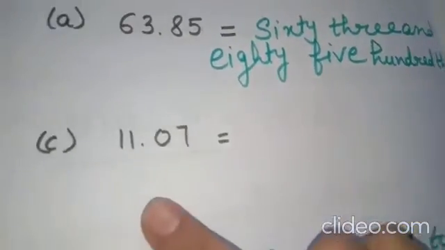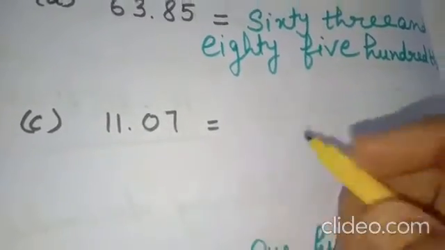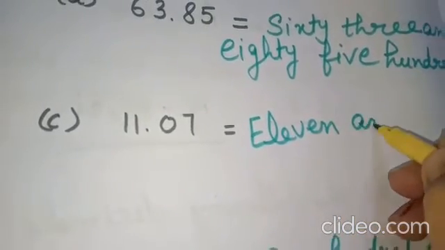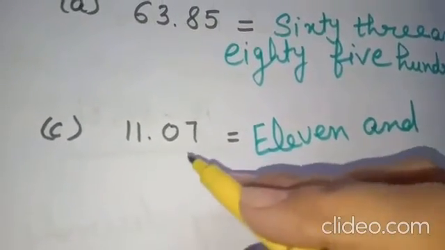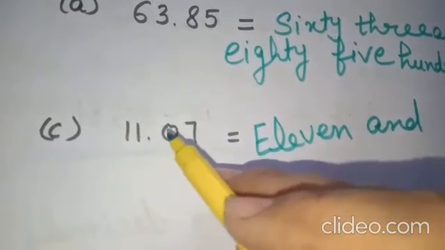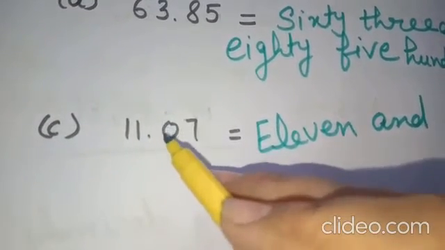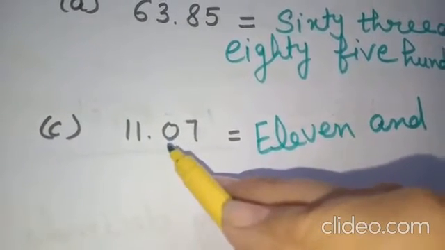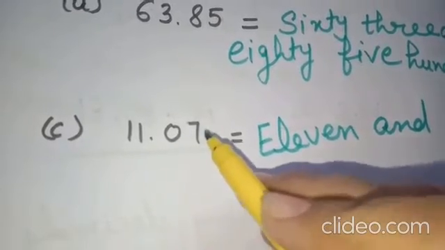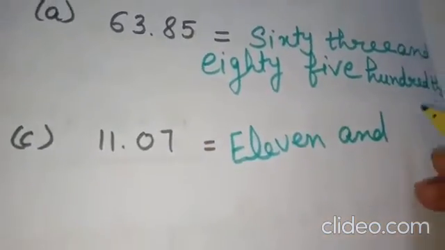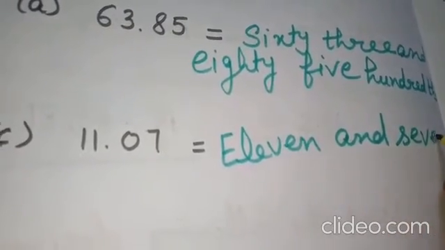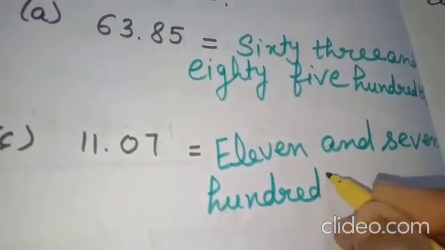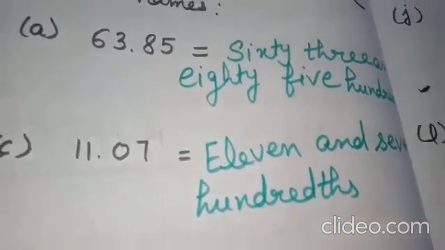Okay, in the same way, part C, the number before the decimal is 11. So write 11, then "and" in place of the point. Then 07. Beta, when we start counting the places, we start from the left, from this side, just after the point. This is the tenths place, then hundredths. 07 means 7, but the place of 7 will be hundredths. So don't forget to mention it here, hundredths.